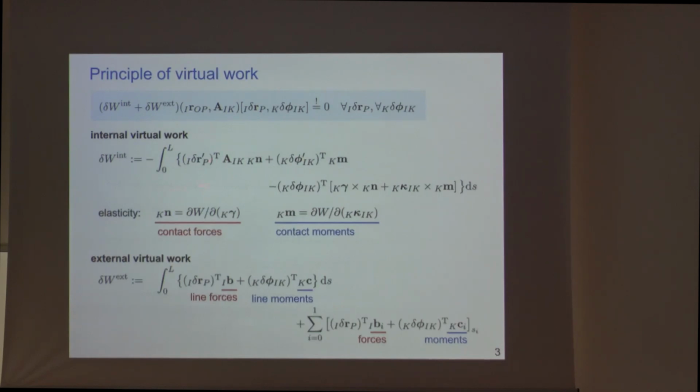So basically what you see here is a more elaborate form of the variation, at least for a completely elastic material, of a strain energy density, which depends only on the previously introduced strain measures. And then we have the external forces, where we have line distributed forces, line moments, and on the boundaries we have forces and moments that can be applied to the beam. So very standard so far,